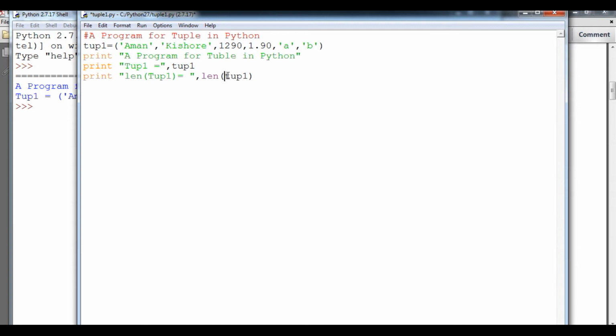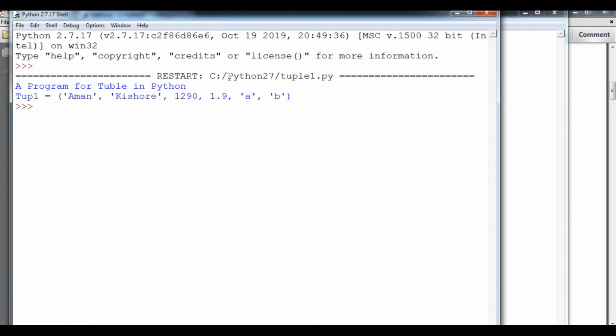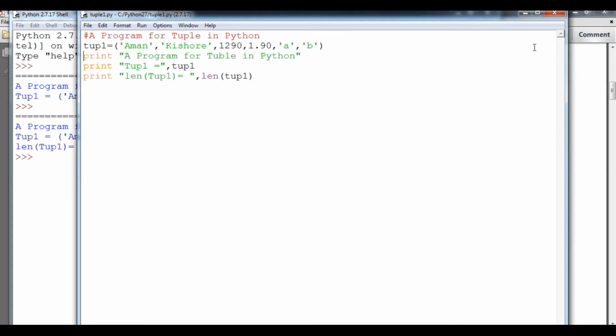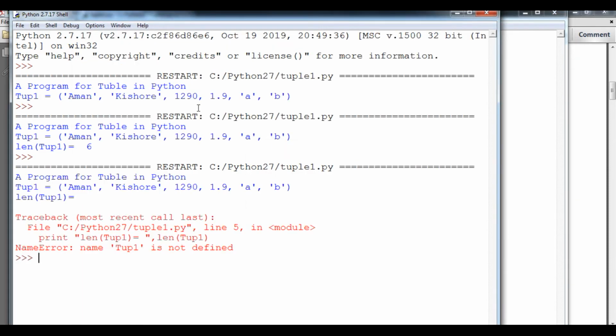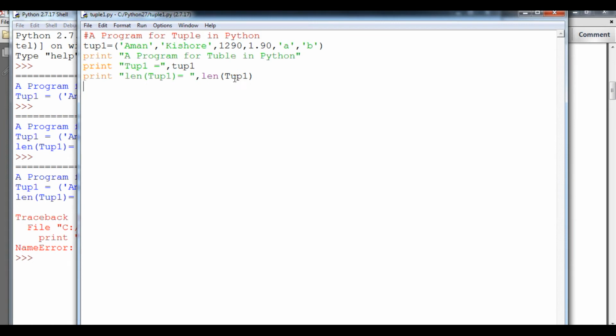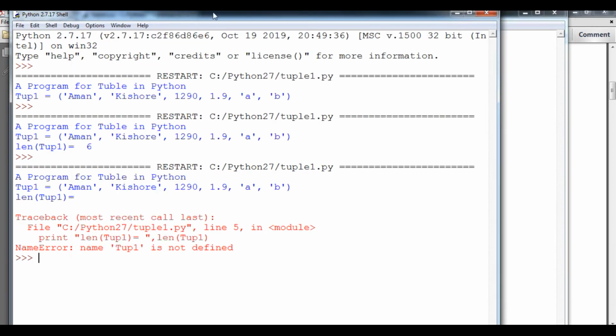Here I can't use capital T in the variable because of the case sensitivity of Python. If I type capital T here and run it, it will give me an error, because TUP1 is not defined, due to the case sensitivity of my Python program. So here I will use only a small t.